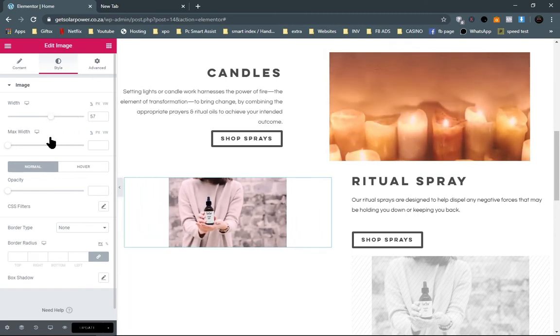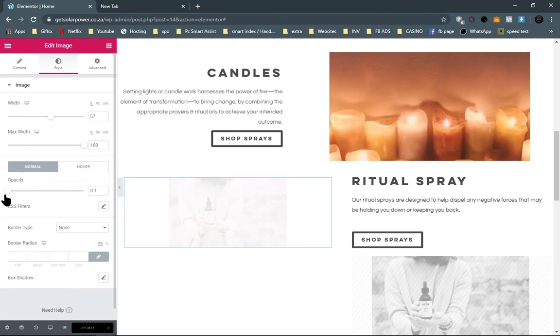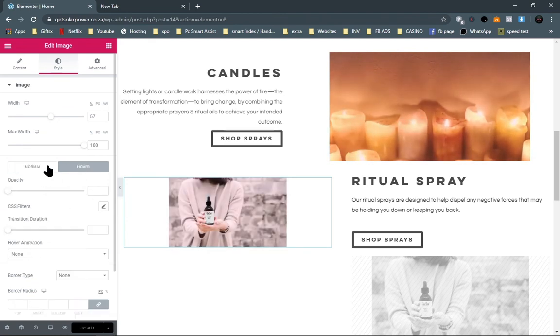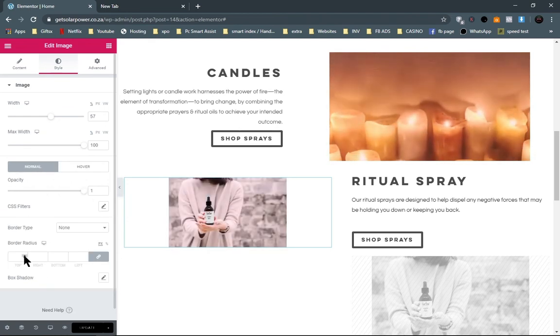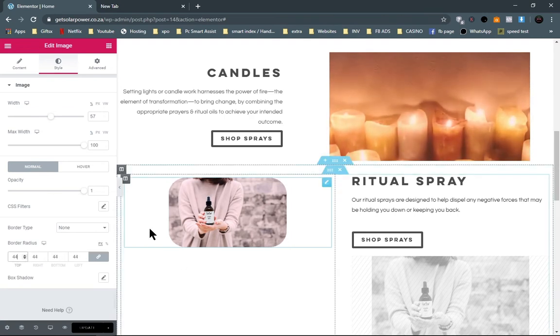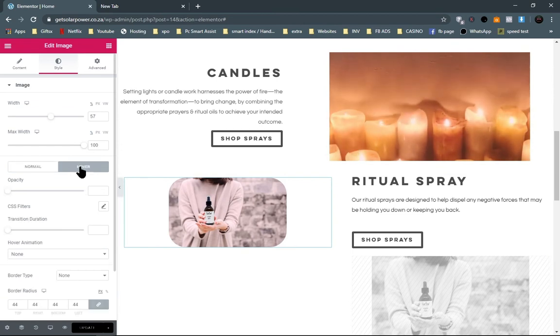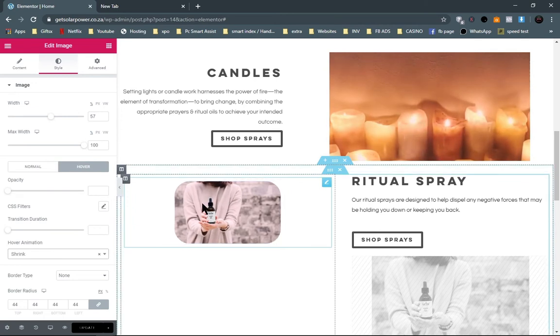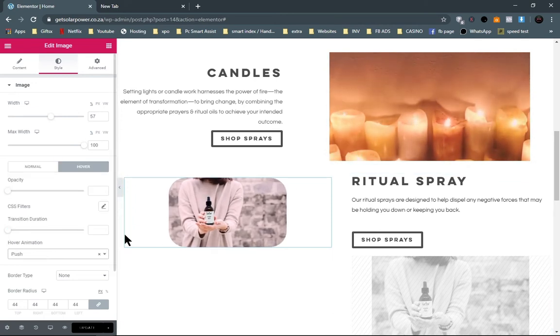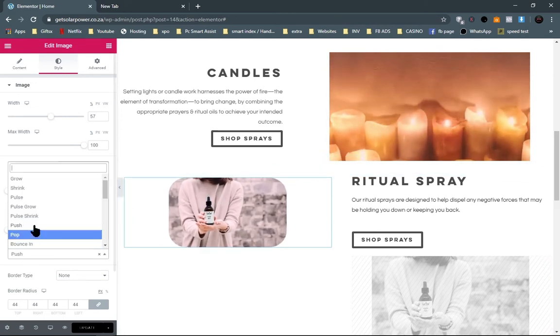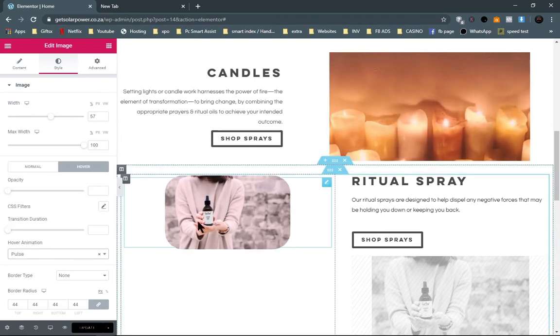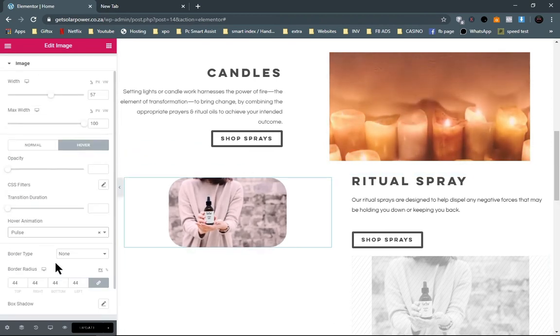You can choose your image width, maximum width, if you'd like the corners rounded. When you hover over the picture, what would it do? If you'd like a border over the image,